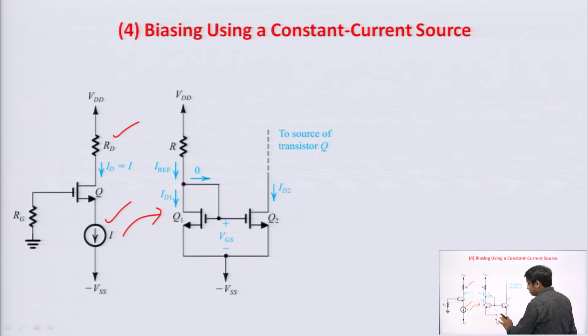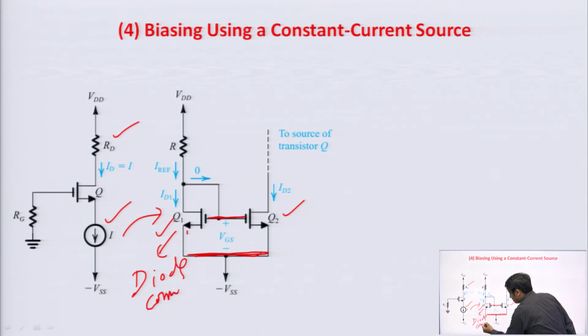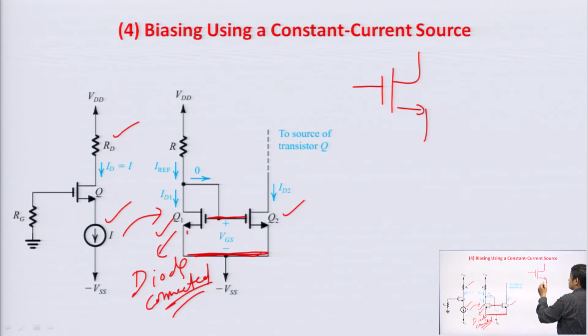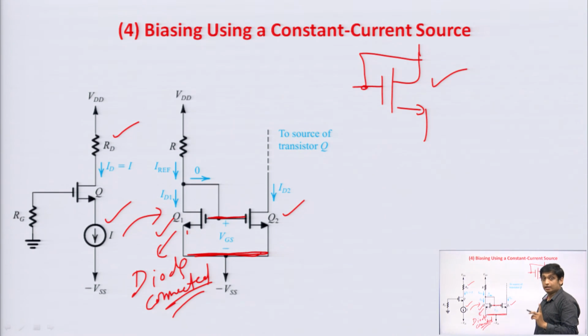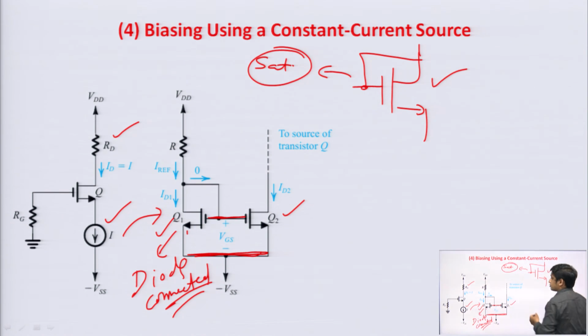In current mirror, what we do? We take two MOSFETs Q1 and Q2, and the VGS of both the MOSFETs should be the same. That is why the gates of both the MOSFETs and the source terminals of both the MOSFETs are shorted, and your Q1 should be diode connected. What is diode connected? Diode connected transistor means when we short gate and drain terminal of any MOSFET, then it acts as a diode, and in that case this diode connected transistor will always be in saturation region.